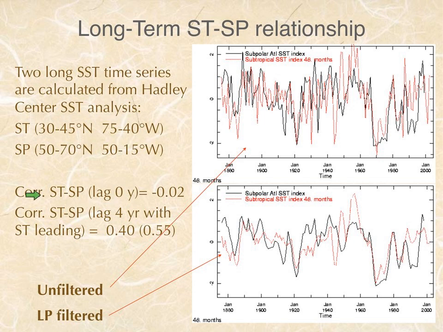And down below here I show the numbers that the correlations are at 0 lag are really small, and at 4 years lag, when the subtropical gyre leads the subpolar gyre, you get a correlation of 0.4 without smoothing and 0.5 with a slight 1-to-1 binomial smoothing. So